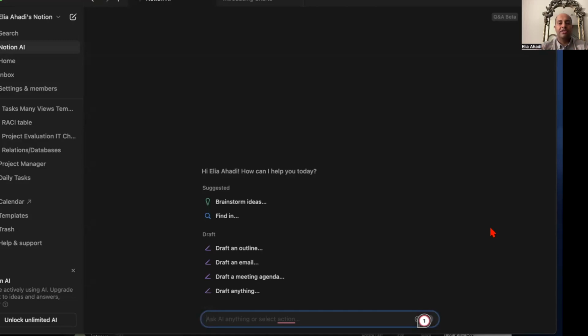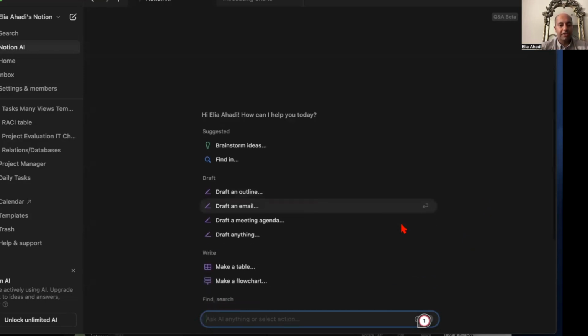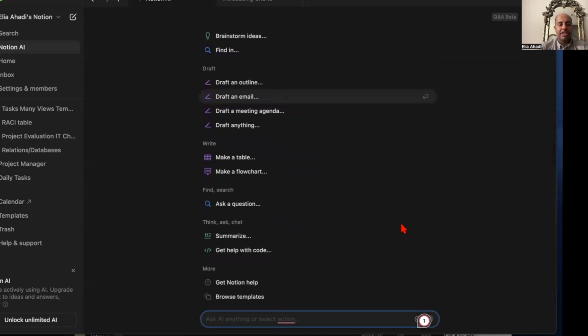Have you ever wanted to visualize your data quickly? I'm going to show you how to do this with Notion and the new chart feature. So I have Notion already opened and I'm going to use their chat bot